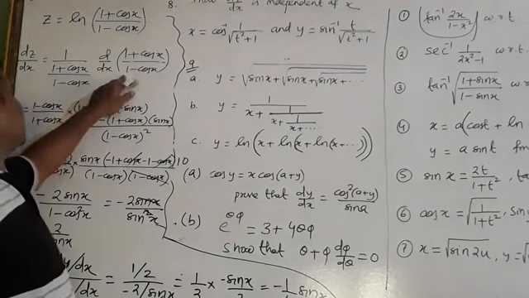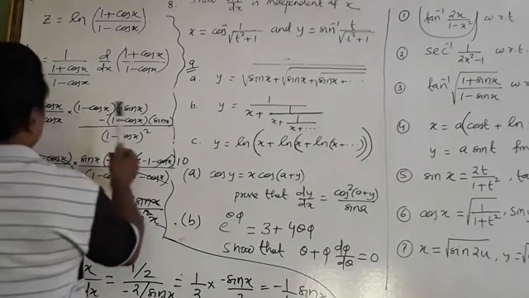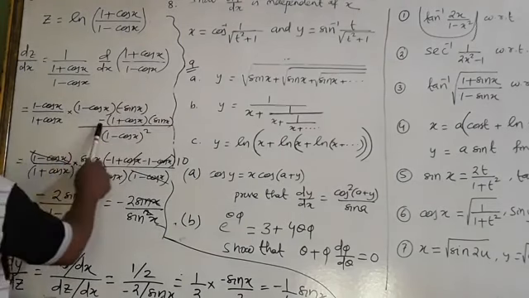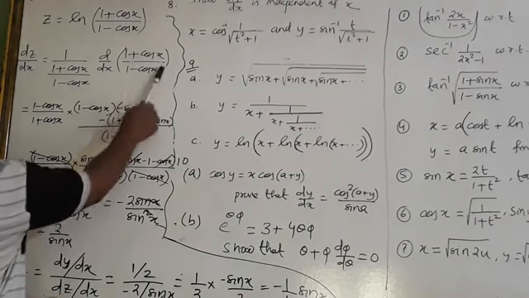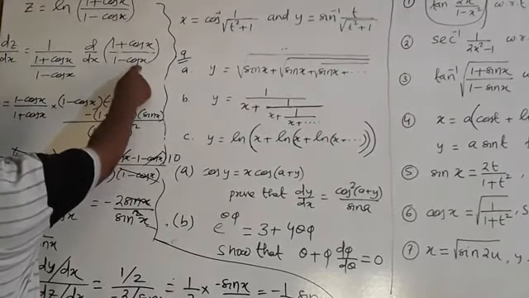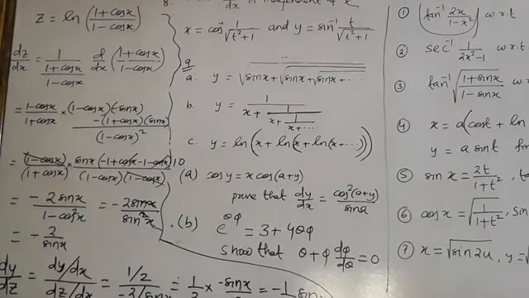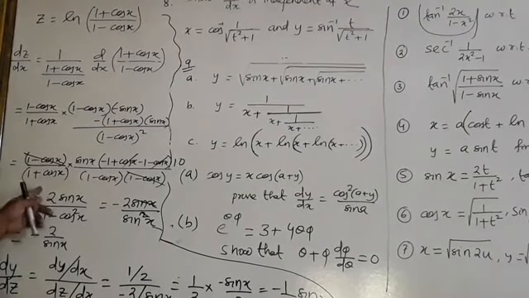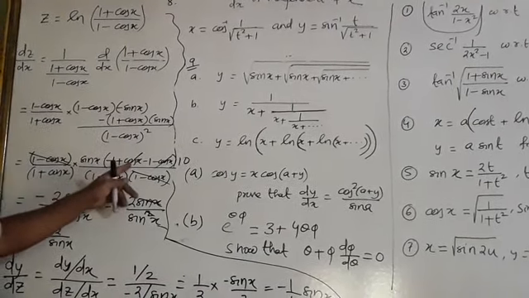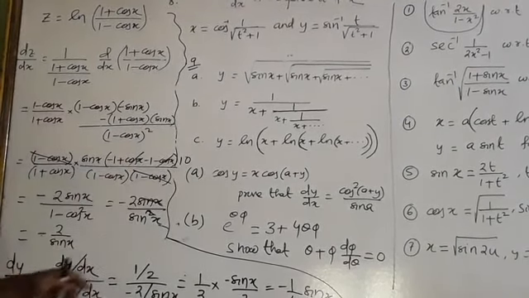Then differentiating (1 plus cos x) by (1 minus cos x), it becomes (1 minus cos x) whole into the derivative of u, minus sin x, minus u, (1 plus cos x), into the derivative of this, which is sin x, because the derivative of 1 is 0 and the derivative of cos x is minus sin x, so minus, plus sin x, divided by (1 minus cos x) whole square. It becomes (1 minus cos x) by (1 plus cos x) into, taking sin x common, minus 1 plus cos x, and if we take sin x, it becomes minus 1 minus cos x.